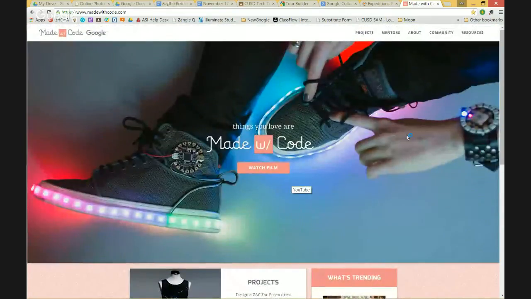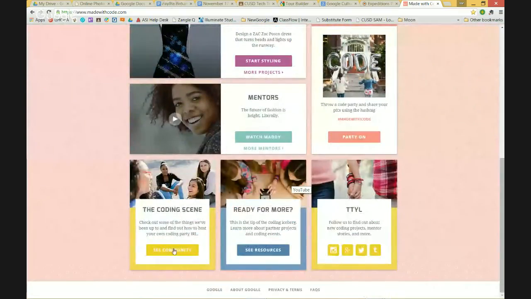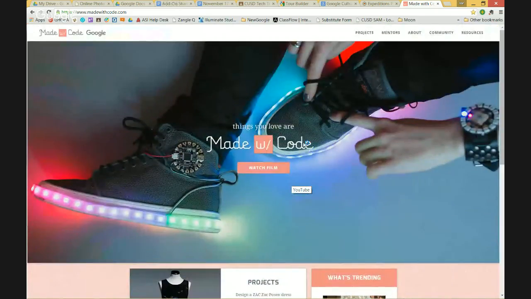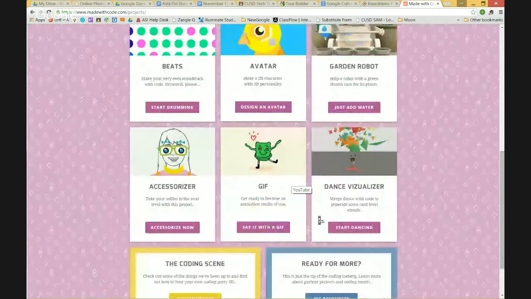And so Google has one, it's called madewithcode.com, of little tiny projects to show them how to make sneakers that light up or to make just a whole bunch of different things. And you can just have your own little projects thing for your kids at home, or you can actually start a coding club at your school, and Google will send you all the materials, all of them. And you can start these kids on learning how to code. And it sets up everything already for you. All the projects are set up,